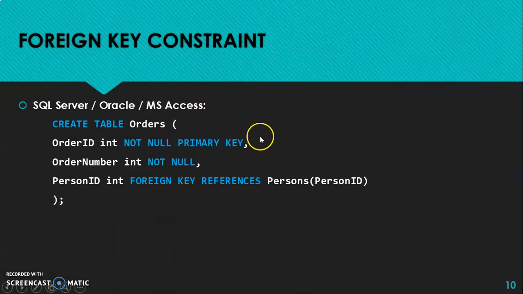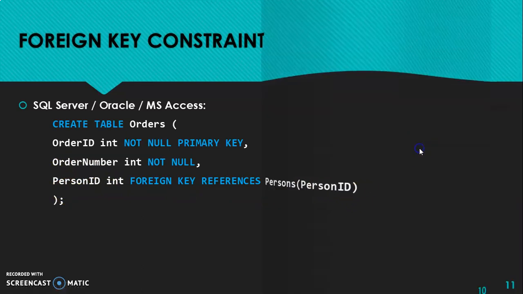Similarly, when you are using SQL Server, Oracle or MS Access, create table orders, order ID not null, primary key as we have seen earlier, directly specify order number integer not null, person ID, foreign key references persons, person ID. This person ID is the column of the persons table. So this person ID of the orders table will reference the person ID of the persons table.